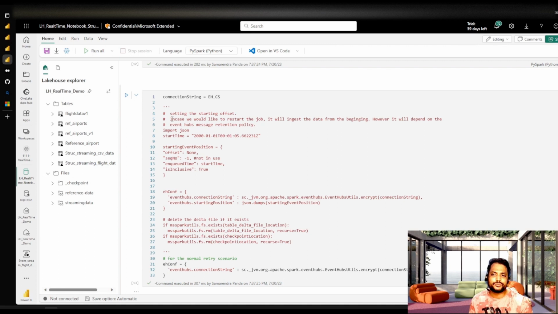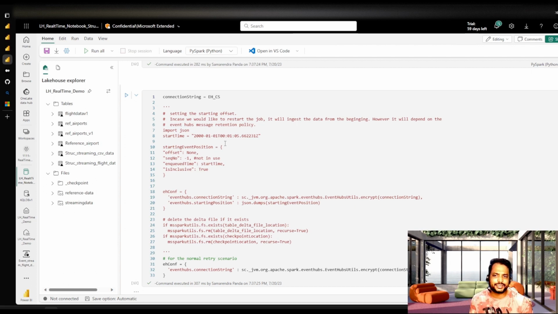Let's say we would like to run this job from the beginning. What would happen is that every time this job runs, the checkpoint is going to be propagated towards the real time or the current time. Now, let's say something happened, data got corrupted in the lakehouse, or I need one more output from this Spark streaming job. In those kinds of scenarios, we can just put a start time offset, and then we can start reading the data from the beginning, provided that you have the retention policy set